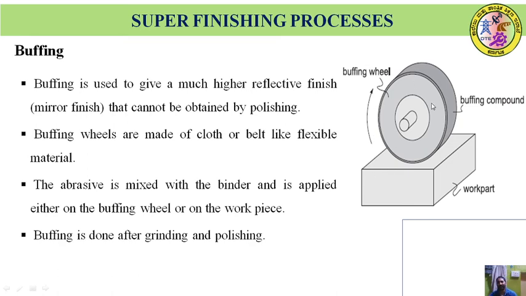So nothing but very simple. There is one buffing wheel which is made up of very soft materials like cloth and leather, and it will be rotated. Upon this rotating buffing wheel, there is a buffing compound which is made up of iron oxide or silica oxide or chromium oxide. There is a separate layer that will be placed on the buffing wheel or directly placed on the surface of the workpiece, and it is rotated. That rotation causes the rubbing action. We are using a paste of grease, wax, and kerosene, which acts as a coolant or cutting fluid that will give the good surface finish on the workpiece.